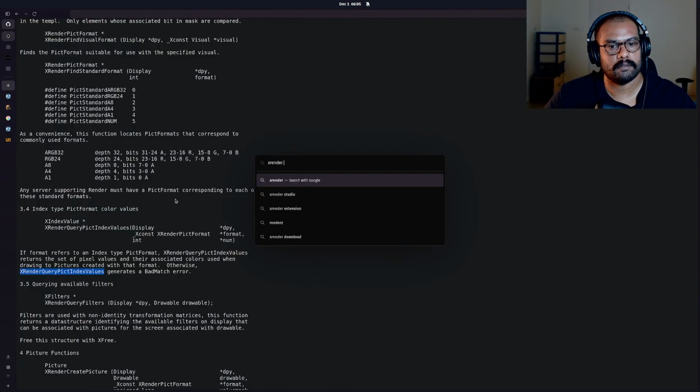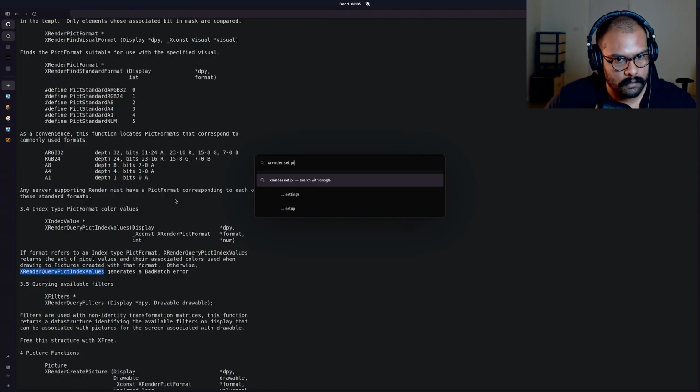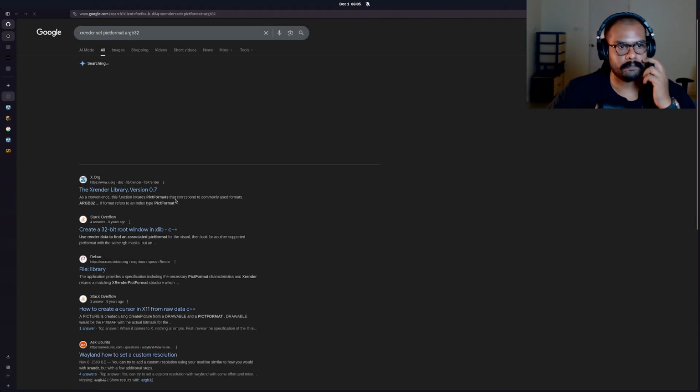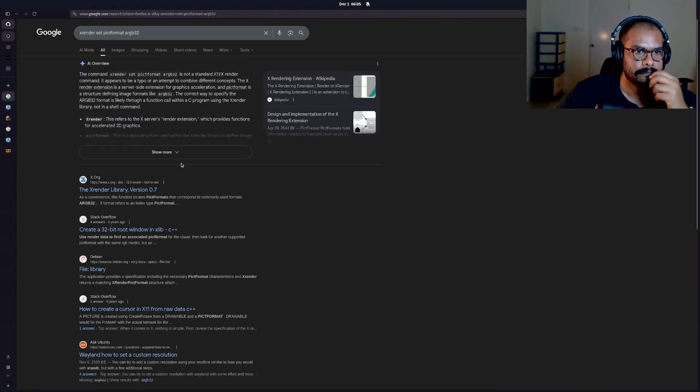X render set picked format RGB32. Yeah, I know, but